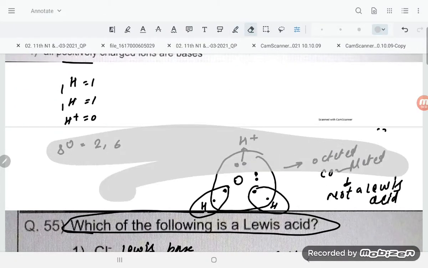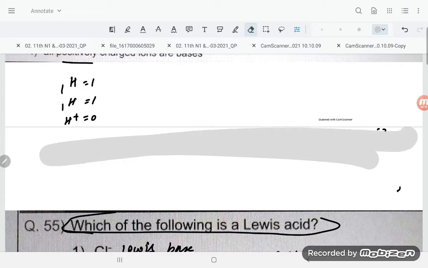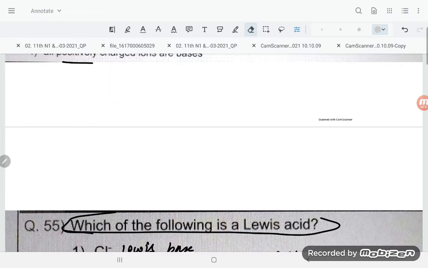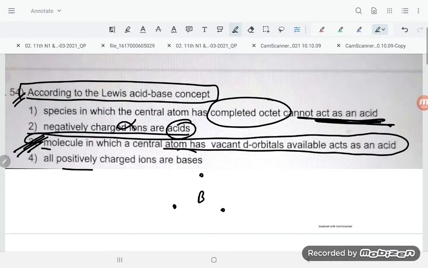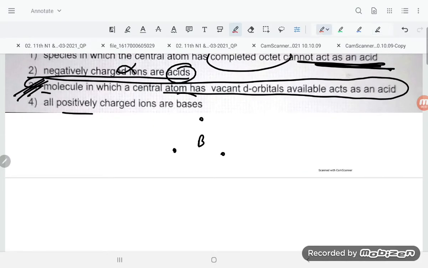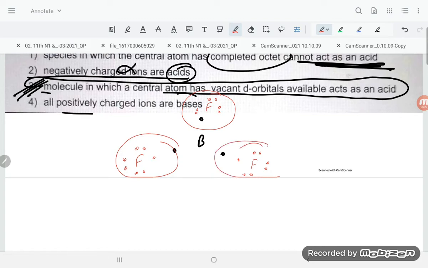How can you mention the 3 valence electrons of boron? So let us have a look. Boron is there, this is the 1, 2 and 3. How many others are there? Fluorine has 7 electrons, so you can mention that for fluorine: 1, 2, 3, 4, 5, 6, 7, and here is fluorine 1, 2, 3, 4, 5, 6, 7, and again 1, 2, 3, 4, 5, 6, 7. Fluorine is completing the octet, fluorine is completing the octet, here fluorine is completing the octet.